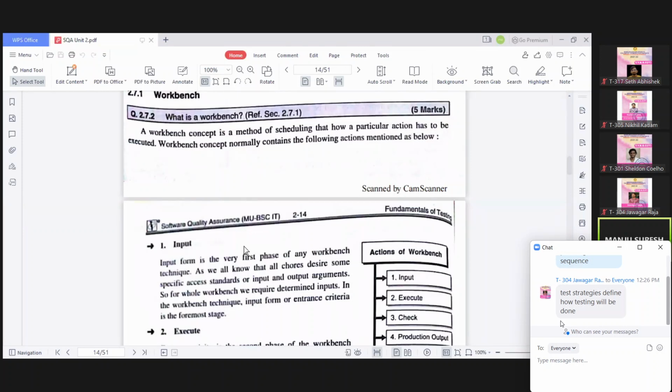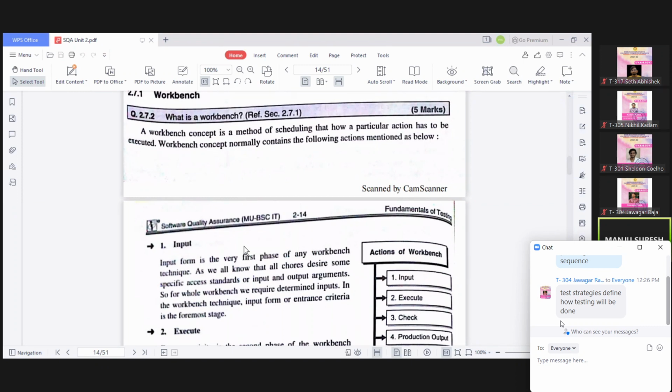Every task which you are putting in the workbench should have some defined input and entrance criteria. जो भी task आप डालते हो उसके लिए एक proper specified input या entrance criteria होना जरूरी है. So here you are documenting how a specific activity has to be performed. That is what you mean by a workbench.